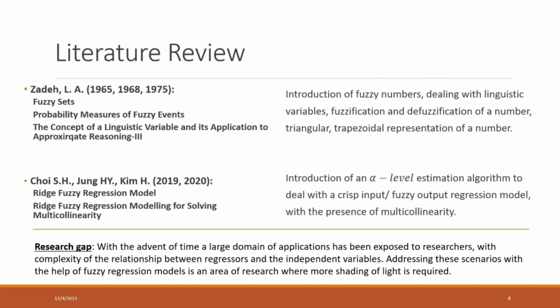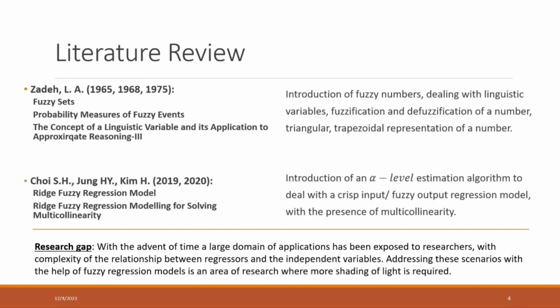So, in the years 1965, 1968, and 75, the author Zadeh introduced us to fuzzy sets, and he introduced how we can apply certain probability measures to fuzzy events, how we can represent a fuzzy number, and how the concept of linguistic variable can be applied in mathematical scenarios, or how statistical methodologies can be applied. This kind of shedding of light happened in these years by this author, and with the advent of